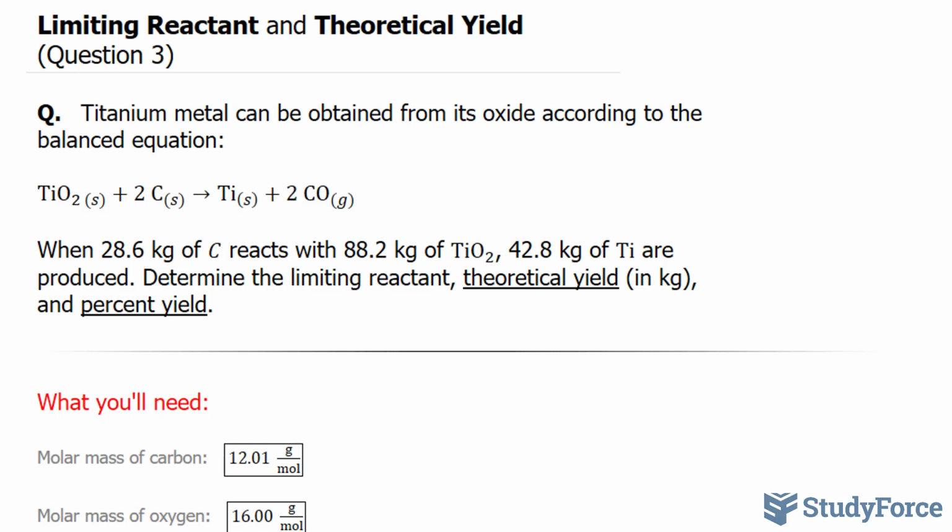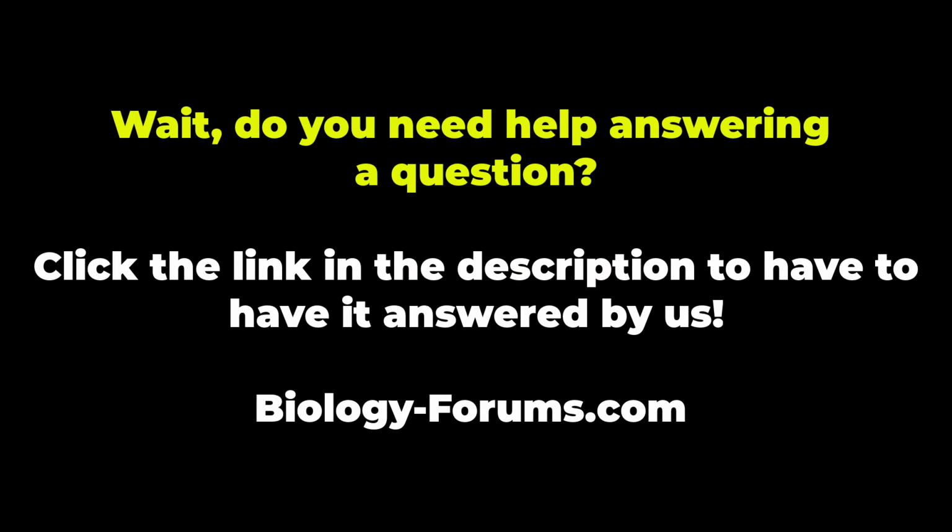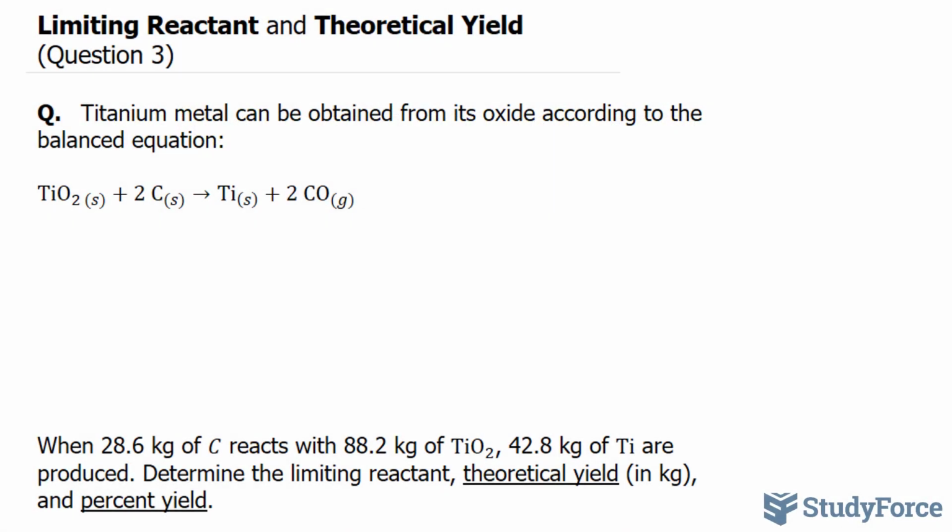And what I want to do is write down all the information that they've given us right underneath the chemical formulas that they represent. So we're told that we have 28.6 kilograms of carbon. I want to convert that into grams because molar mass is recorded in grams per mole. So I'm going to take 28.6 kilograms and multiply it by 1,000. That's the conversion ratio. 1,000 grams per every 1 kilogram. Multiplying this by 1,000, I end up with a mass of